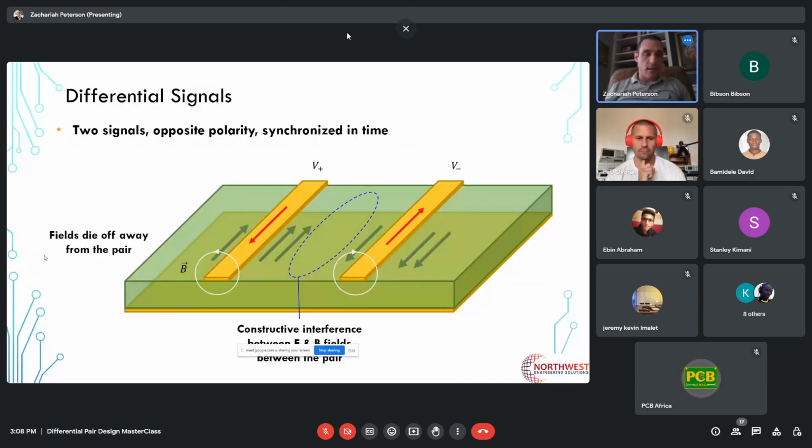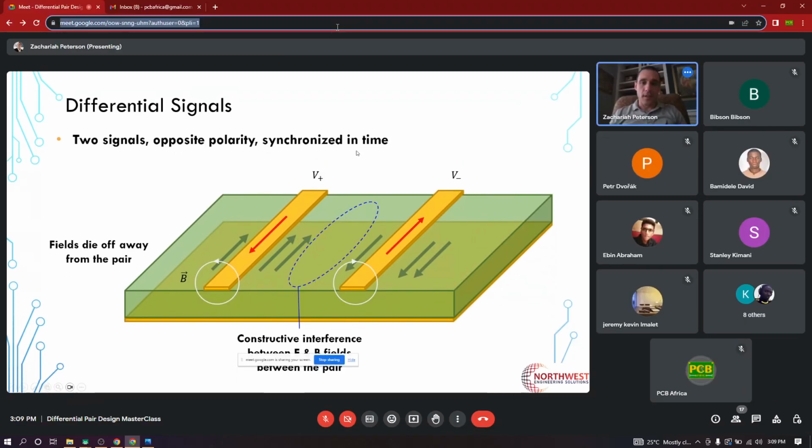And I like to start with this diagram where, of course, we show the fields being generated by differential pairs. Here we have two signals, equal and opposite polarity, that we were trying to send down a pair of traces on a PCB. This is shown in microstrip configuration, of course. And these two signals could have some DC offset. When current is being,